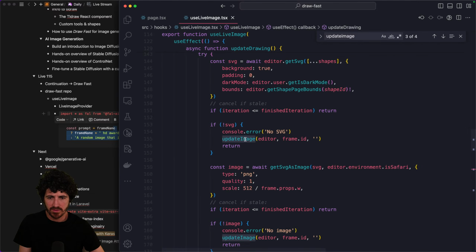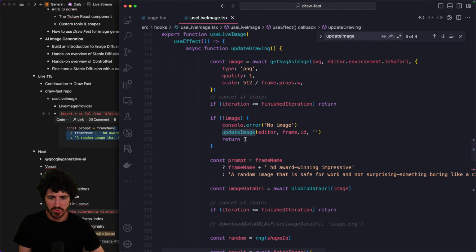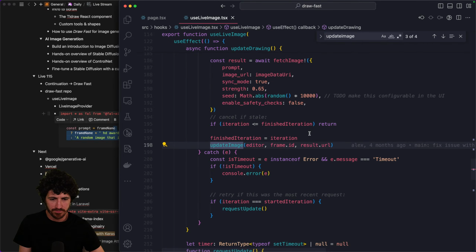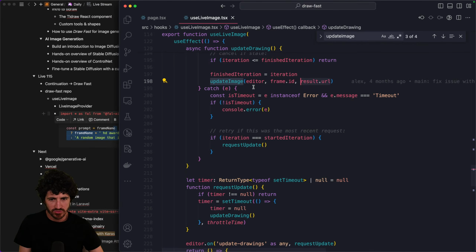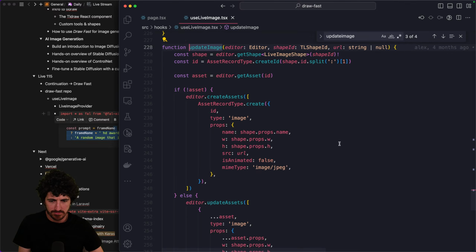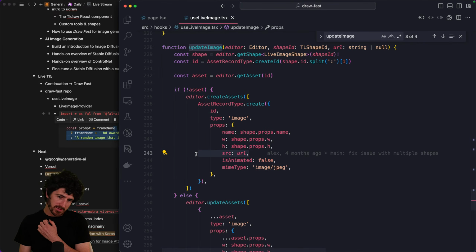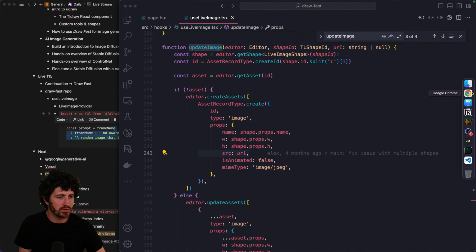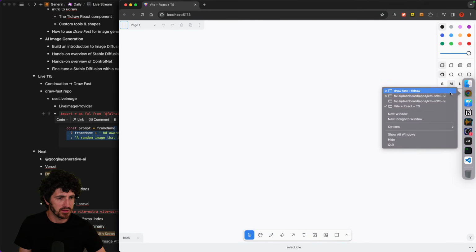Here in update drawing, they actually get the URL. This URL is a string, so it's a base 64 string that gets set as the URL of the asset. All right, so if we actually were to go to that page here